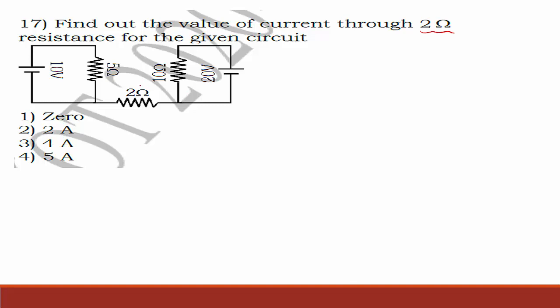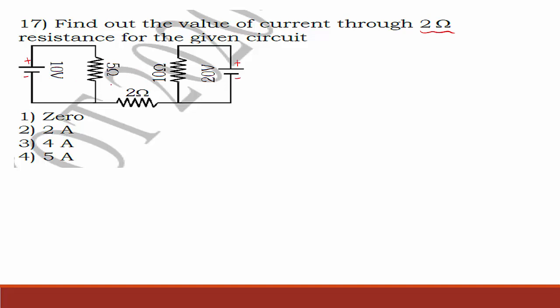How much current is flowing through this resistance we have to find, right? Now here you can observe this is positive terminal, this is negative terminal. Here also positive and negative terminal of the battery is connected. Here the battery source is 10 volt and here it is 20 volt. And here it is connected to 5 ohm, but here it is connected to 10 ohm. 20 volt potential, 10 ohm resistance. Here in the first loop 10 volt potential but 5 ohm resistance. Then what is the current through the resistor 2 ohm that we have to find?